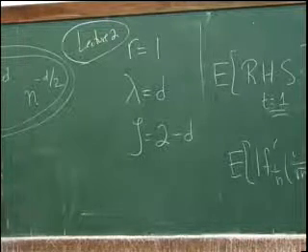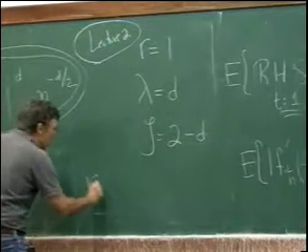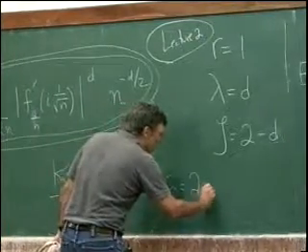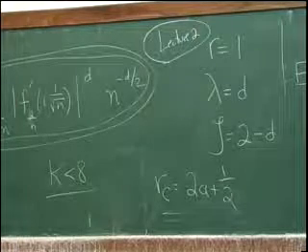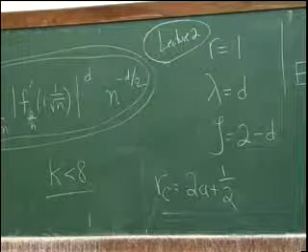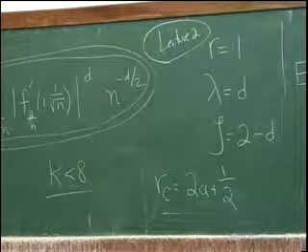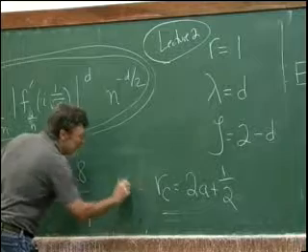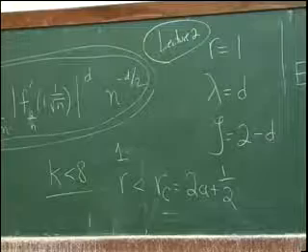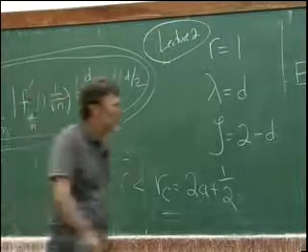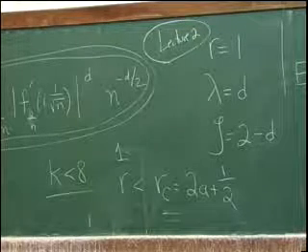As I say, today kappa is less than 8. There was an R critical, which was 2a plus a half. And what I said was all that analysis there required R to be less than R critical. For kappa less than 8, if I stick in R equals 1, it is less than R critical. So in fact, we can actually work out